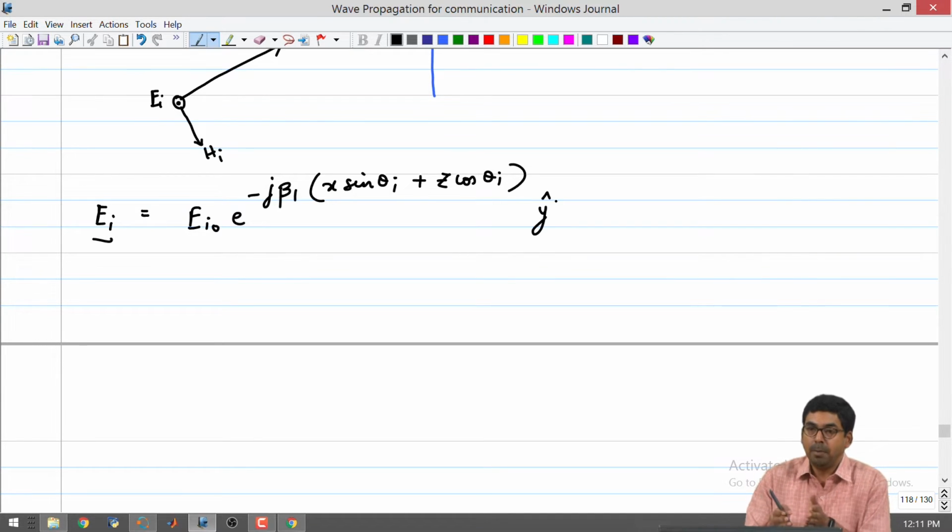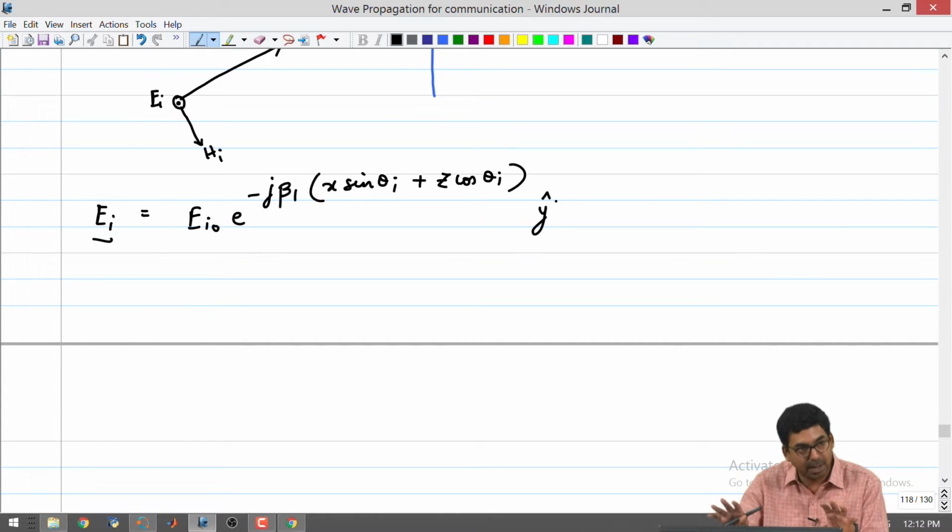The only thing I am now going to pay attention to is the magnetic field. Previously, I had just written magnetic field magnitudes, that is, mod of H is equal to mod of E divided by eta, but in this case I want to be a little bit more precise. I want to calculate what Hx is, I want to calculate what Hz is, and I will make a decision about their magnitudes once I have the full expressions.